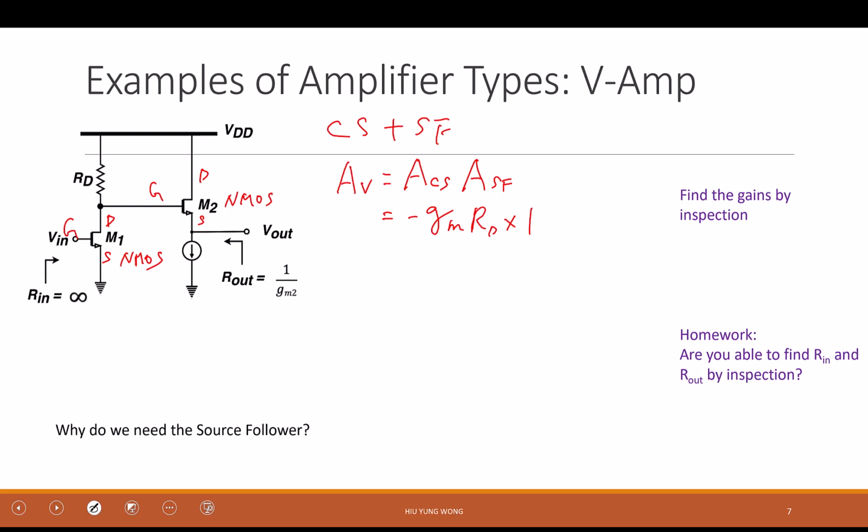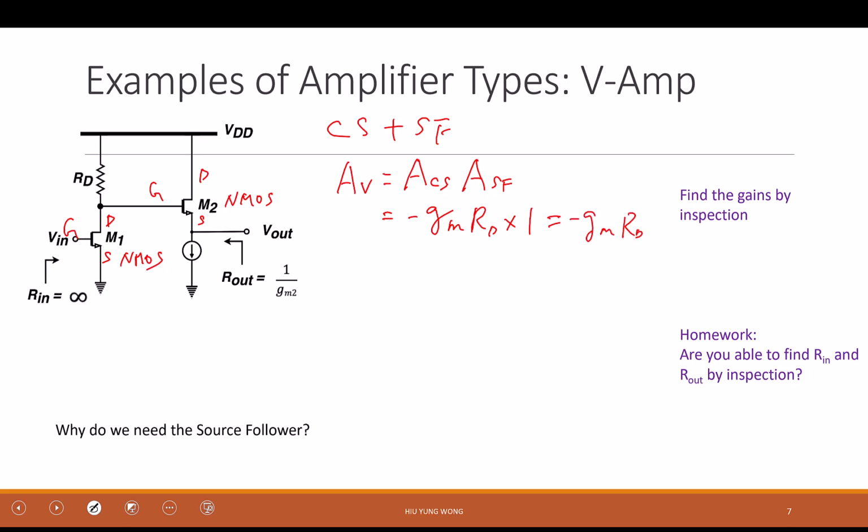Maybe they really don't know. They need to check the dictionary, right? Just like they give us a psychological term, we need to check the dictionary also, right? So, but now this is imprinted in your mind: a source follower must have a gain of 1, ideally, right? Maybe it is not. Okay, so good. This is equal to